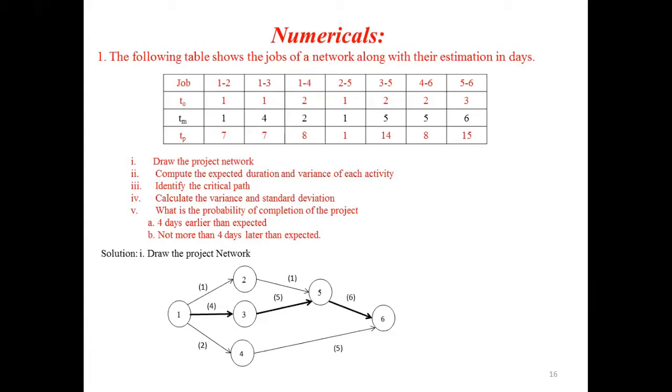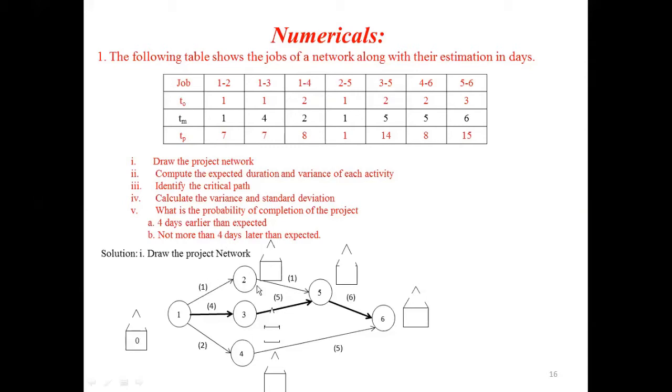After representing the most likely time for each activity in the network drawing, you have to draw a triangle and a square at each node. After drawing each triangle and square at each node, you have to start from node 1 and fill the square box in the forward direction. From node 1, you have a square and a triangle. You have to start from the square box. Here, the starting time we will consider as 0.